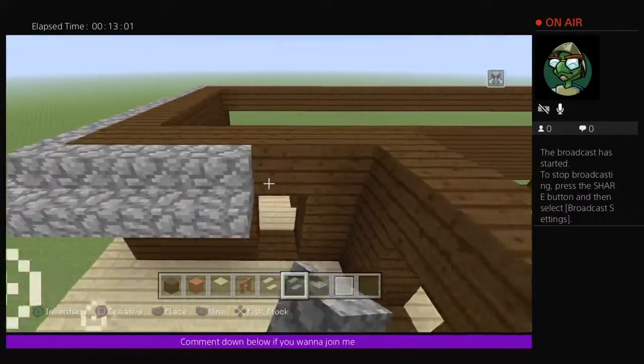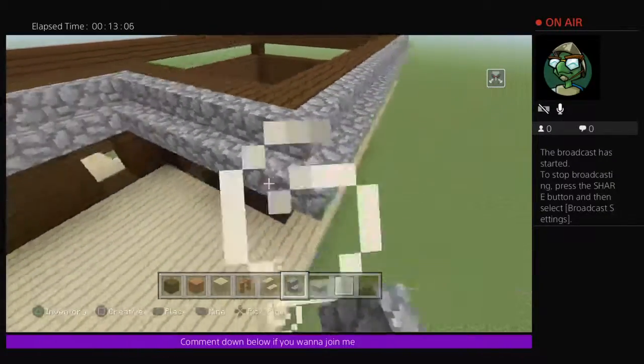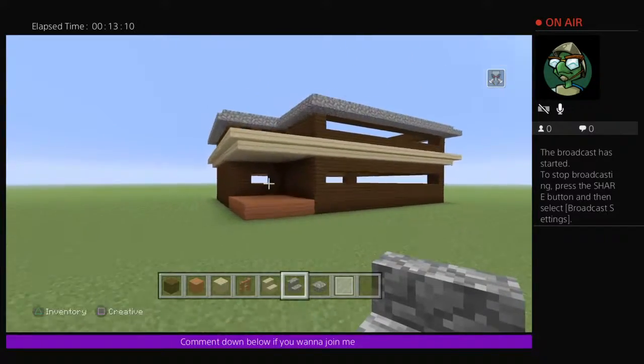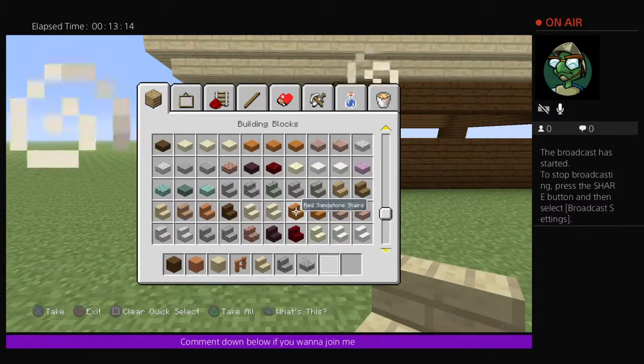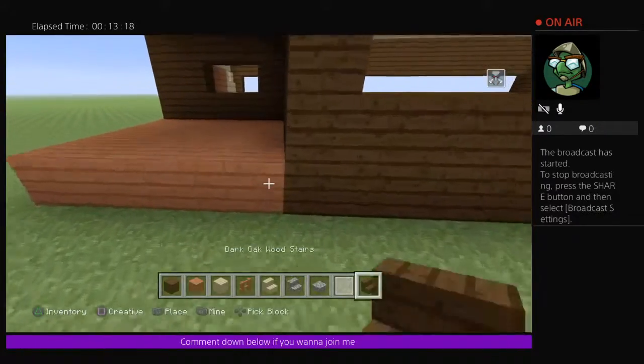And what we're going to do for this part, I'll show you. So now we have the general shape of the house complete. We can finish off the bottom floor of the house, but I'm missing material. So what you need to grab yourself some dark oak wood stairs, or you can use the birchwood stairs as